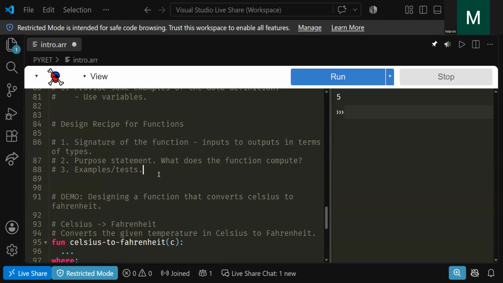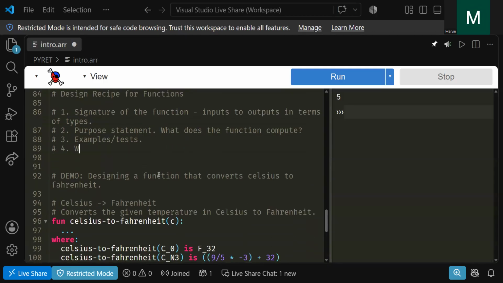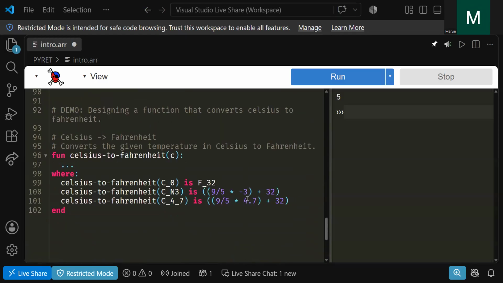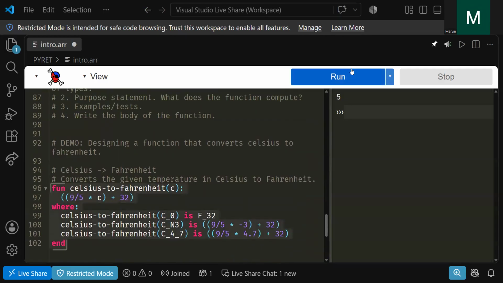Next, after example says test, we write the body of the function. So it appears here that from lines 100 and 101, we can sort of see that that's basically the answer, but we have to generalize the specific value we're plugging into the parameter c. Okay? Now if we run this,